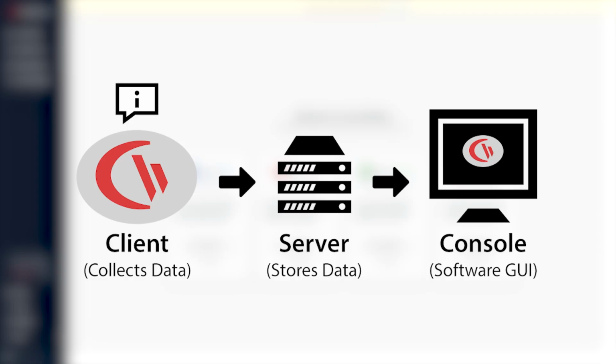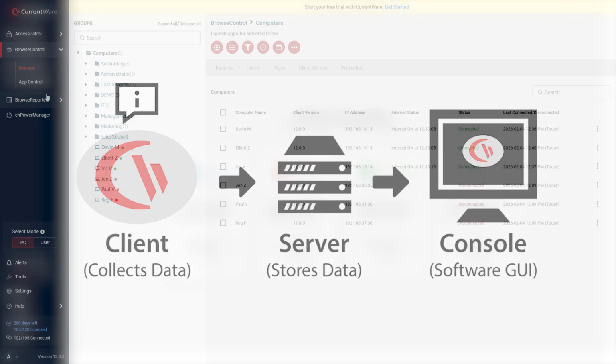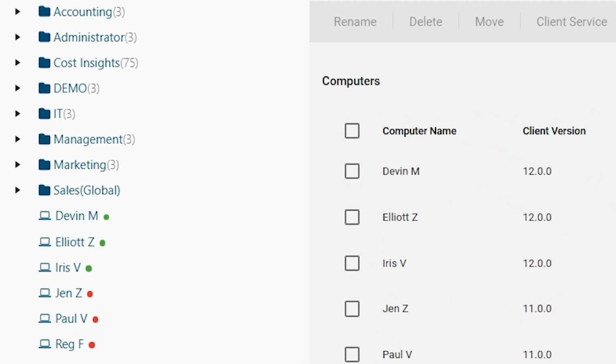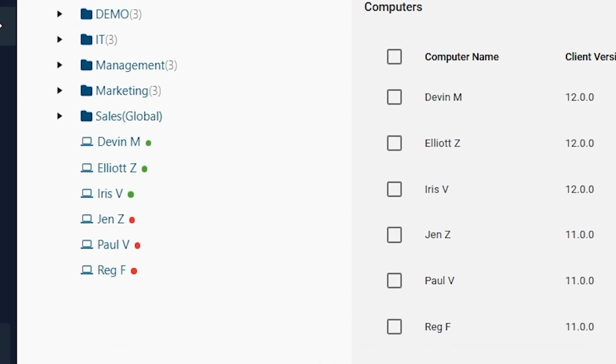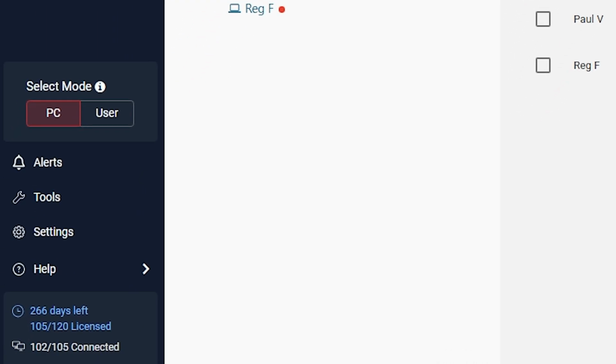After that, you will install the Kernware client on each computer that you'd like to monitor and control. Once the clients are installed on your users' computers, they'll appear in the web console, where you can run reports on their computer activities and apply your desired security policies. Your Kernware policies can be implemented on a per device or per user level based on your requirements.